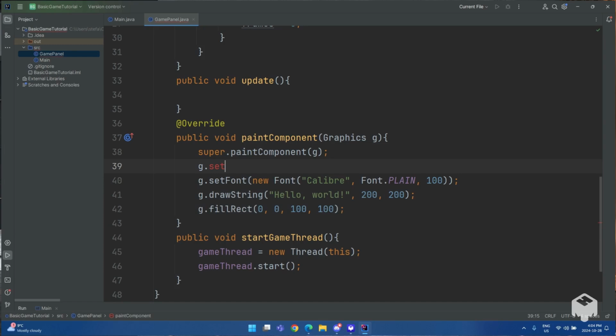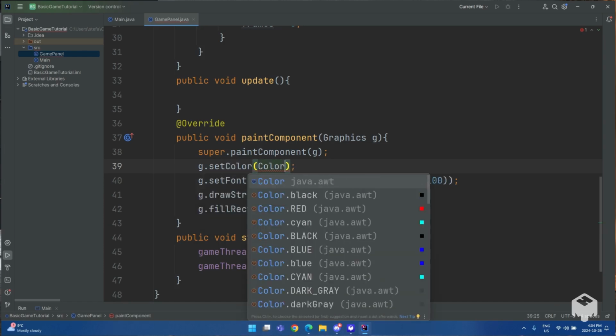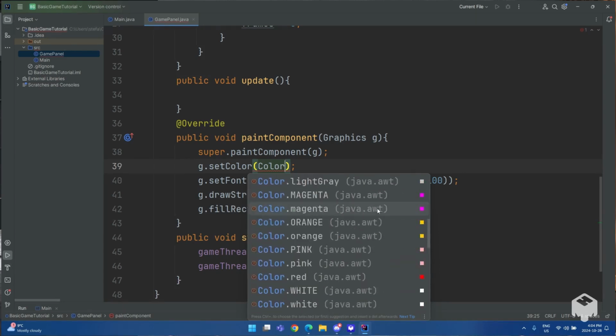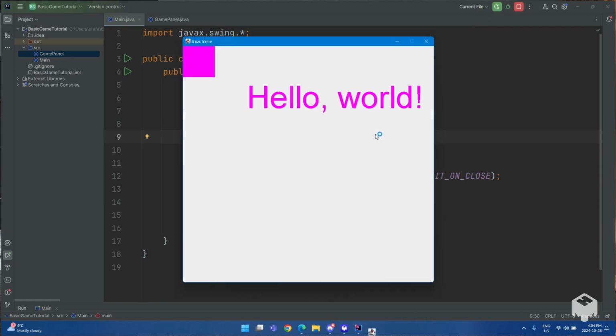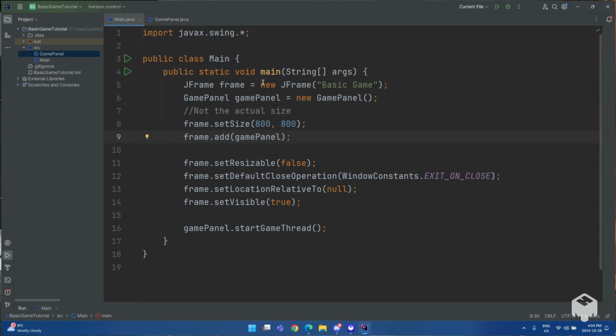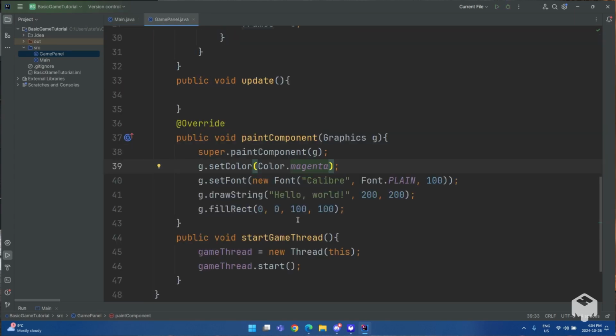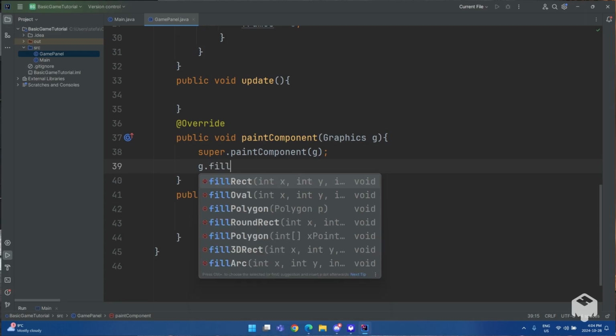For color, you can just do Color, which has a few basic colors like black, red, cyan, all that stuff. Let's go with magenta. But if you want to make your own color, you can just do new Color and then have your RGB values in there. That's an eyesore. And let's do one last thing. g.fillRect